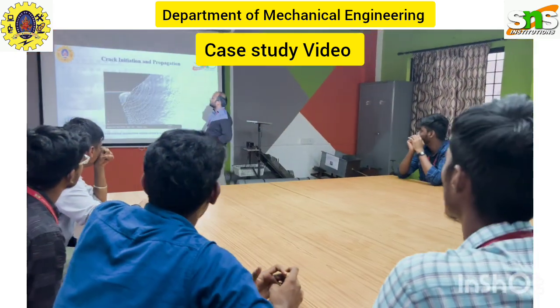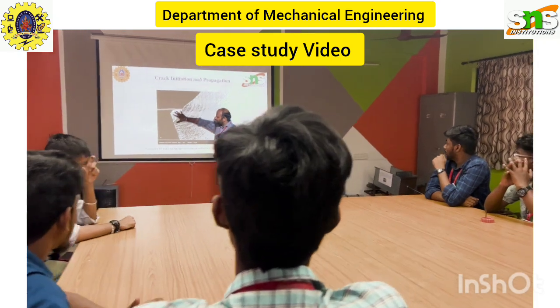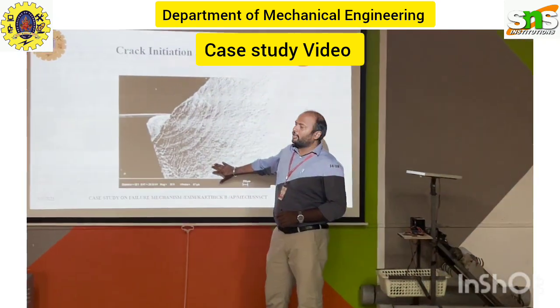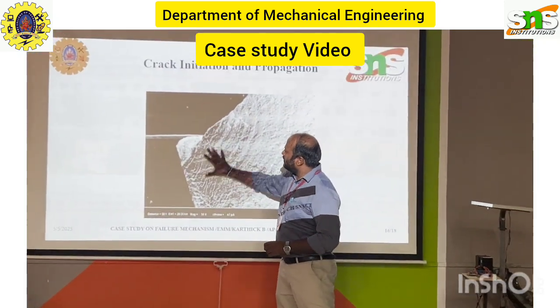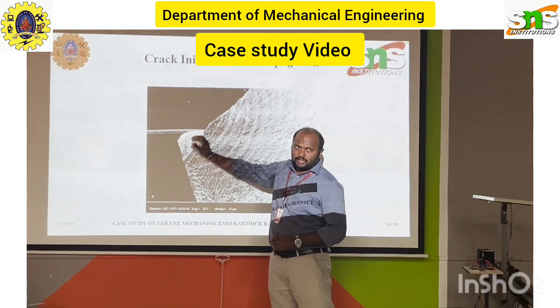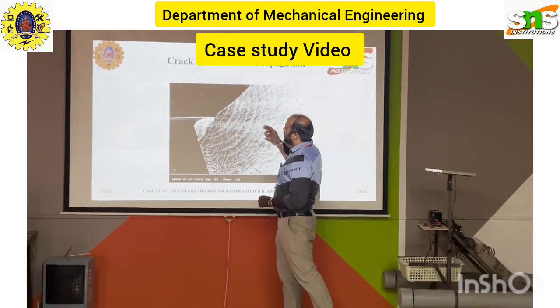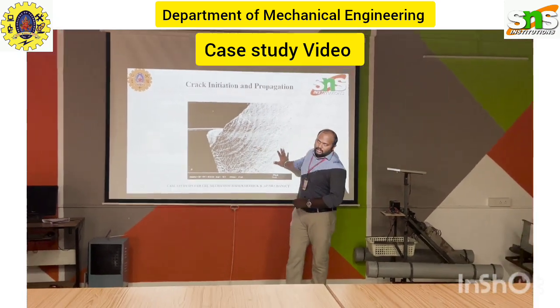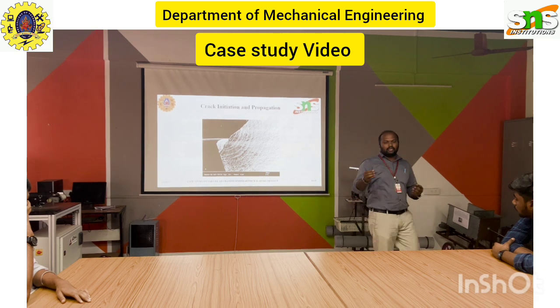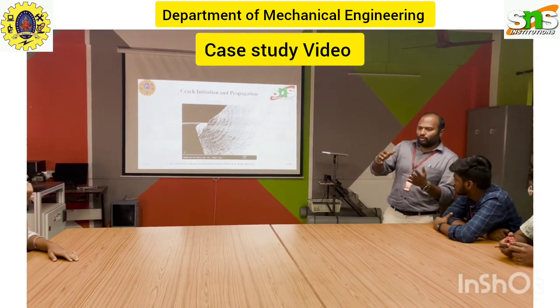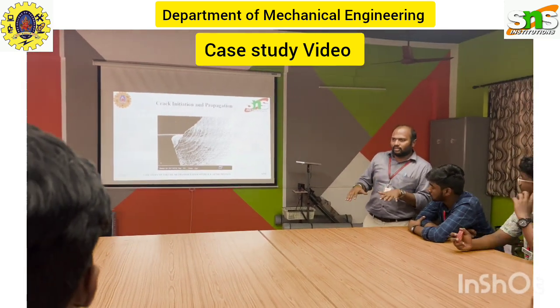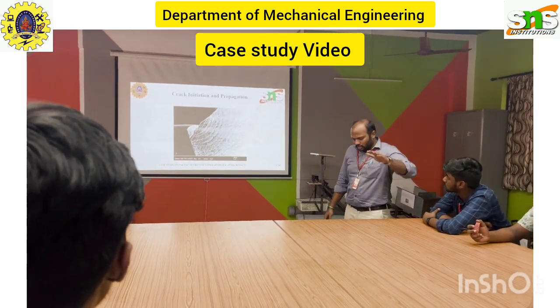Next. This is the same image taken under the microscope, where you can see river-like marks. If the crack started here, it wants to move up from this area. So this is the crack located here. This looks like a river map. If you go and stand on the banks of a river or on the seashore, when the water comes and